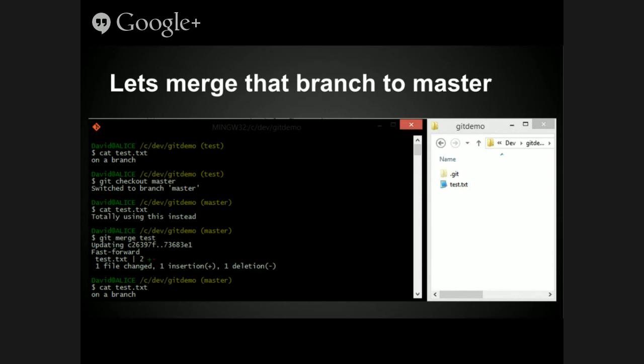So now if I cat test.txt, I'm on a branch. And you'll see the branch specification now says master. So that's all it takes to merge changes. And Git will be very, very clever at trying to resolve any conflicts. Obviously, anything that really conflicts between the two branches will go through the same conflict resolution that pulling from a remote will go through. So everything works the same way. You use the same merge tools, you do the same resolution commits, and the pushing and pulling works the same.